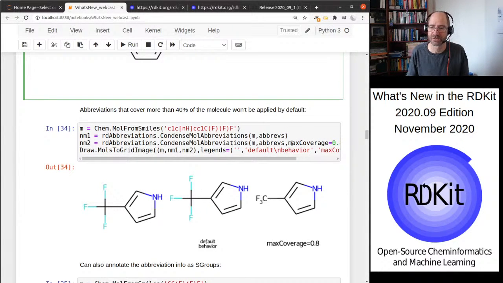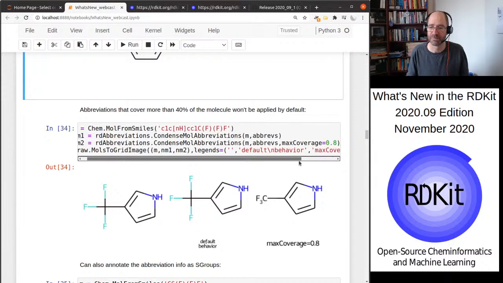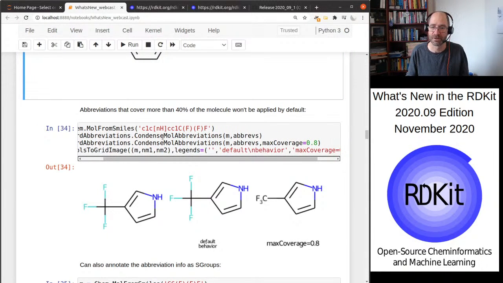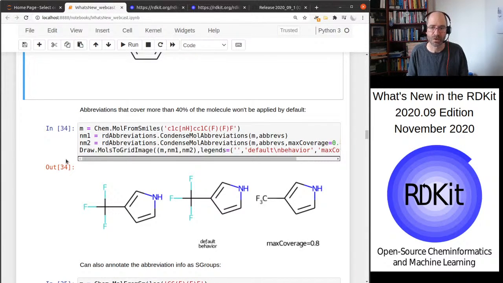But I can provide this optional max coverage parameter to condense mol abbreviations, and then it will be substituted. So by setting max coverage to 0.8, it will substitute in abbreviations that cover up to 80% of the molecule. Okay,